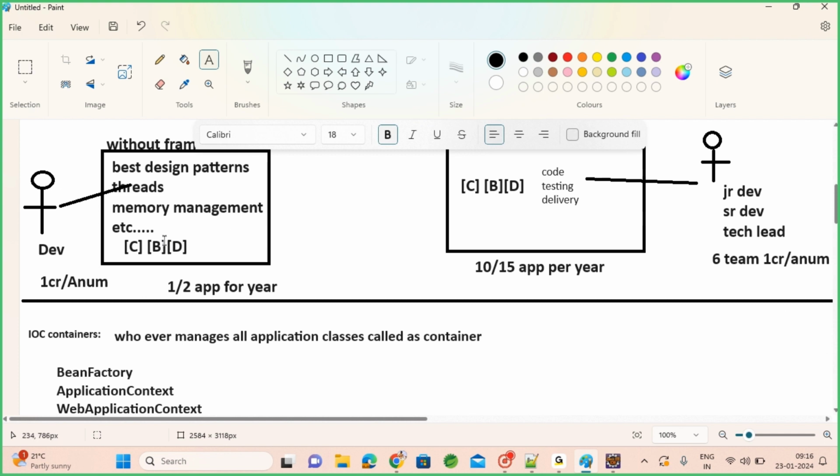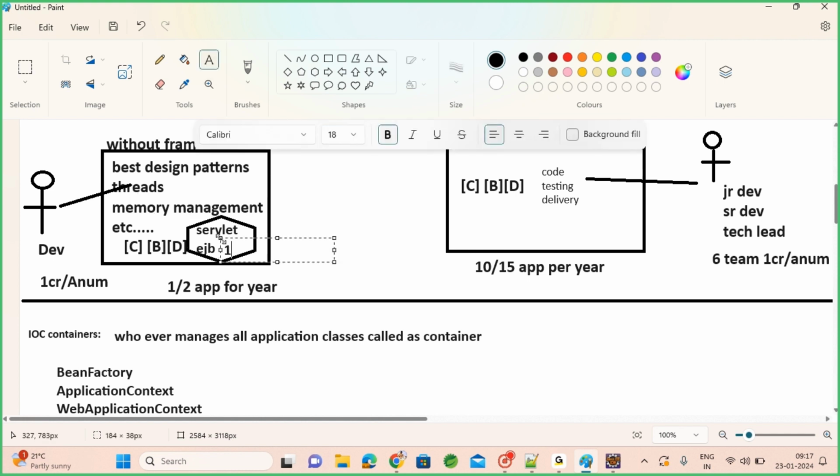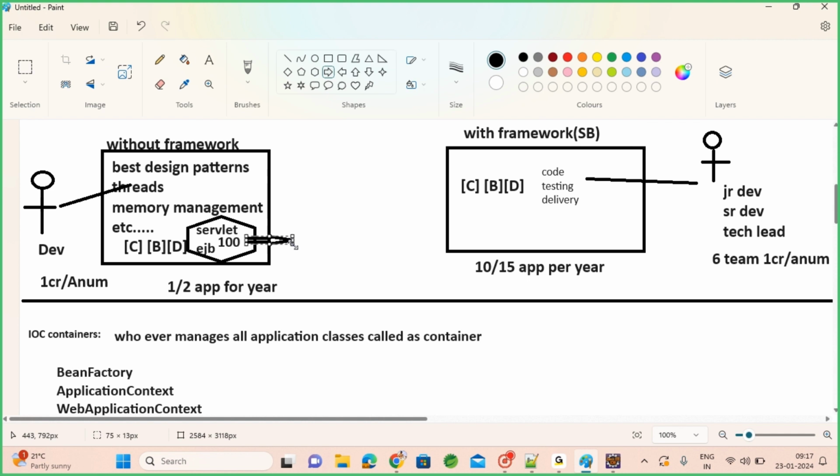Let's say you use servlet technology or EJB technologies, you should be deploying this code. If you write 100 classes for an application, all these 100 classes we need to move to a server. He needs to place this code into a server